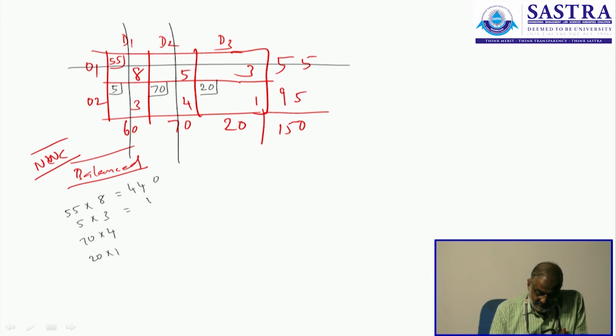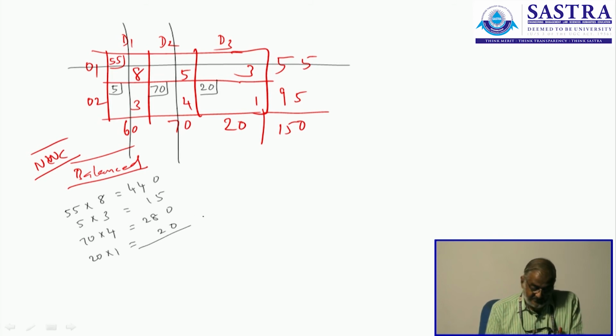440, this is 15, this is 280, this is 20. So total transportation cost with respect to northwest corner rule is given by 5, 10, 11, 15, 1, 1, 2, 3, 7. Am I right? So let us solve this problem by